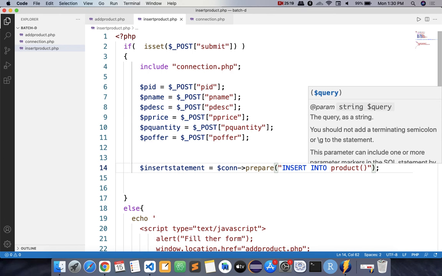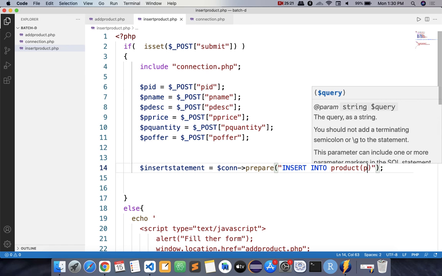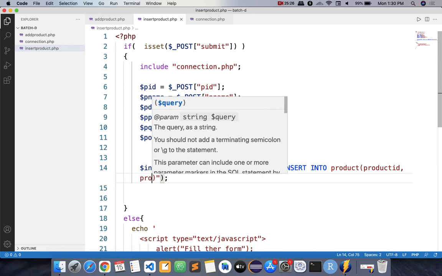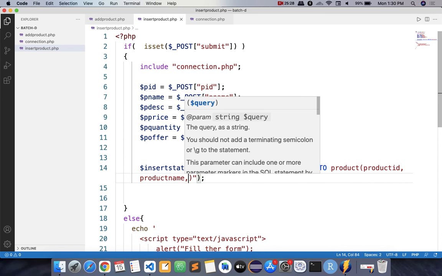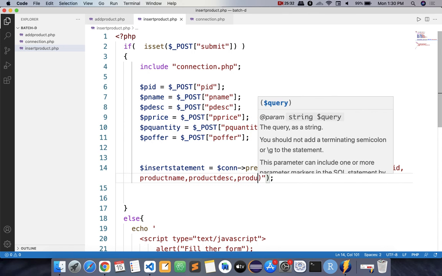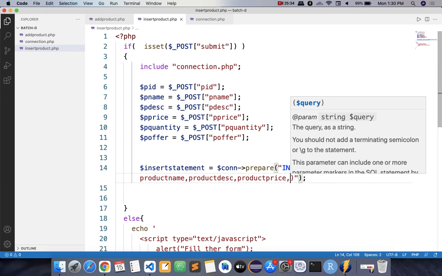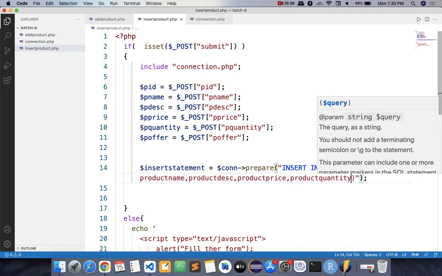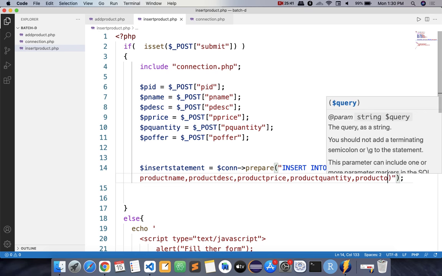Now what are your column names? First one is PID, sorry, there we have given a different name, product ID, comma, product name, then product DSC, product price, product quantity, and product offer.